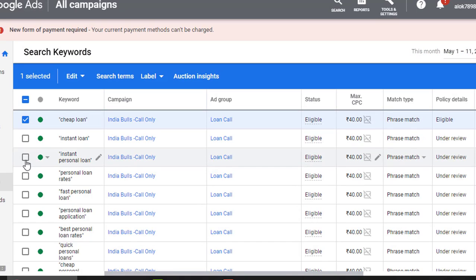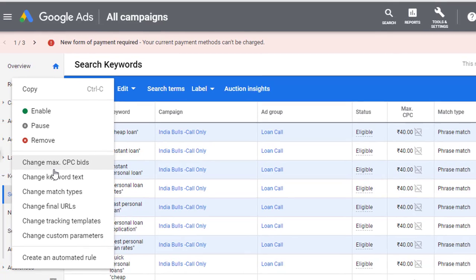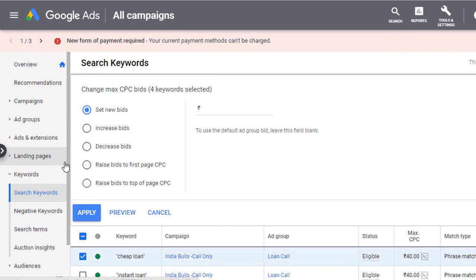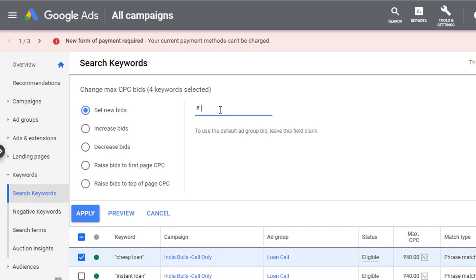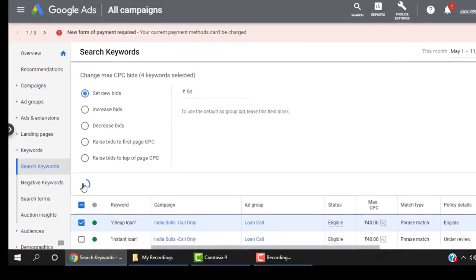I'm just supposing that the ones highlighted in blue are the ones giving me the conversions. I can select them by clicking here, and then I'll go to edit, and maybe I'll raise their bids because these are highly convertible. I can raise them further to 50 rupees, and I'll just click on apply.